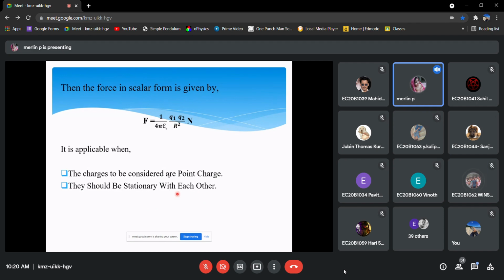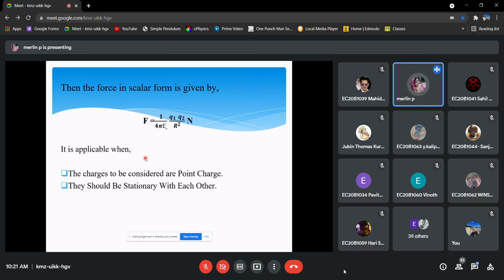Yes, ma'am. Okay. So I told you, force is equal to the constant of proportionality into the product of charges and inversely proportional to the square of the distance between them, and the force unit is Newton. So he derived this equation. Till this you have to write when you are asked in the exam about Coulomb's law.